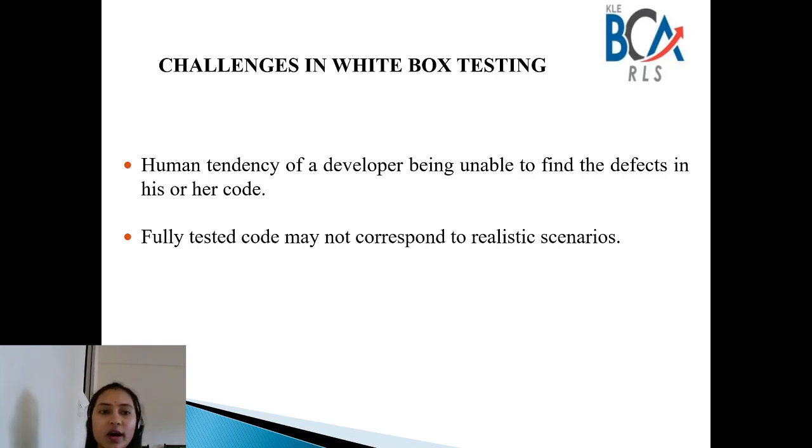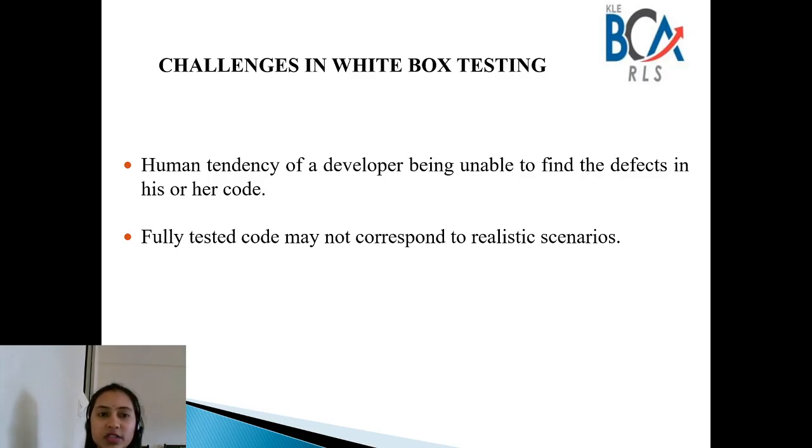It also needs updated test scripts when the implementation changes too often. For example, you change your implementation, but at the same time you have to go back to your test script and update it according to the changes you have made.